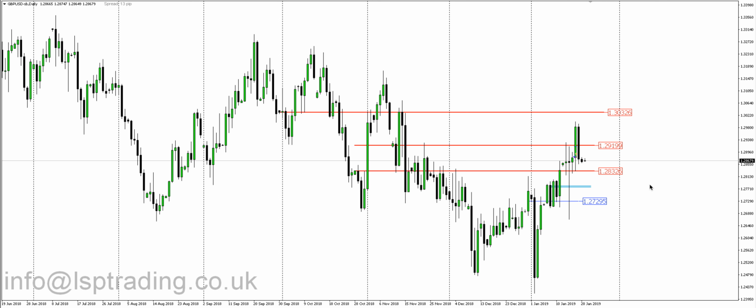So we mark our levels on the higher time frames, and then we can use the lower time frames, hourly and 4 hour, to flesh out the order flow. So for example, we flesh out the order flow on an hourly chart, and you can see it's almost like a stair-stepping process into a higher time frame level. But again, I'm not going to go into too much detail now.